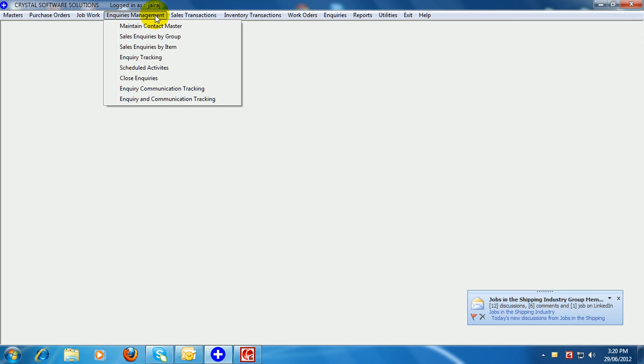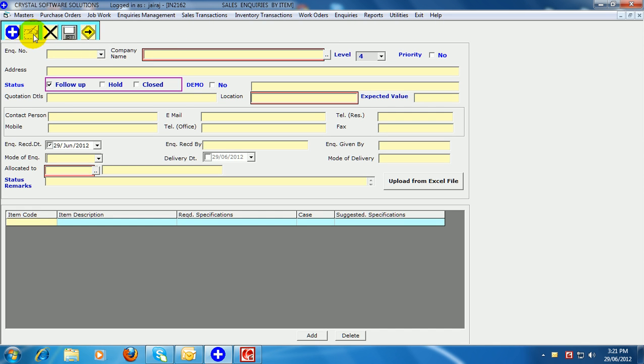Hello, this software will automate your business right from the time you receive your inquiry till the time you do your collections. You can enter all your contacts over here, and the moment you receive an inquiry, you enter it over here. For example, we have now received an inquiry from a company,